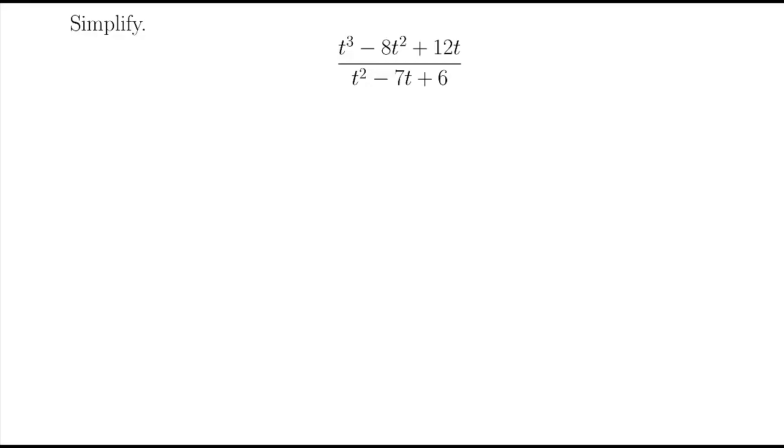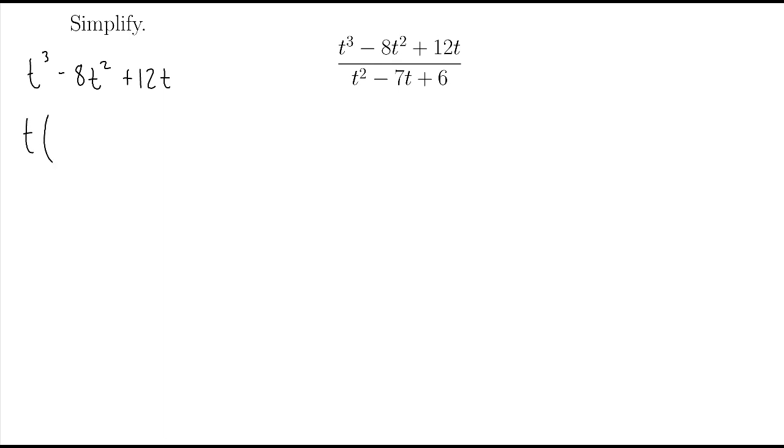Let's simplify the rational expression t cubed minus 8t squared plus 12t over t squared minus 7t plus 6. Okay, I need to factor both the numerator and the denominator. So we have t cubed minus 8t squared plus 12t. I notice right away that all three terms have a common factor of t, so I will factor that out